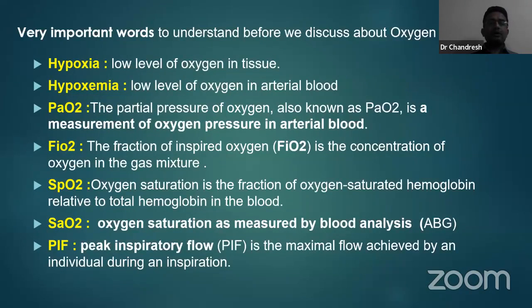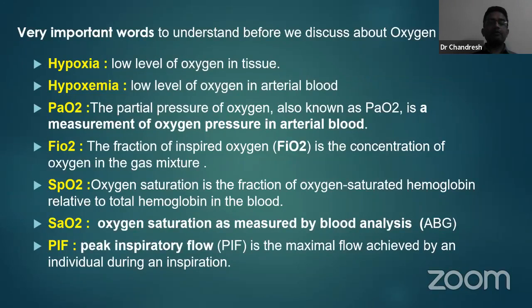Being a nursing staff in the ICU, you might hear these words very often. This terminology is very essential whenever you are reading, listening, or discussing oxygen therapy. Hypoxia is a low level of oxygen at the tissue level. Hypoxemia is a low level of oxygen in arterial blood. Many times people get confused between these 2 words. So remember, hypoxemia eventually leads to hypoxia.